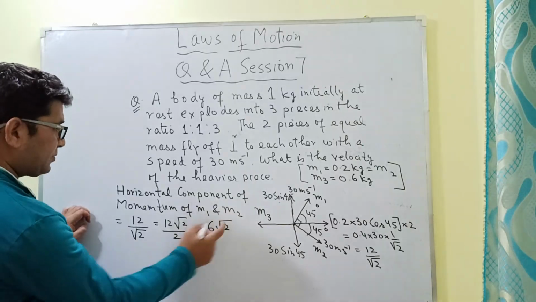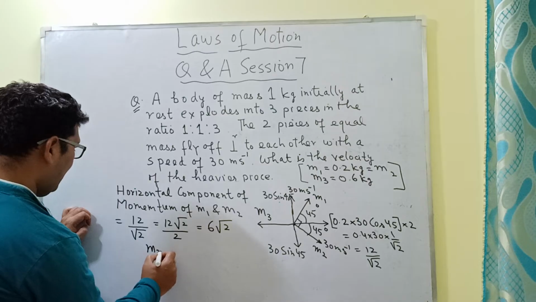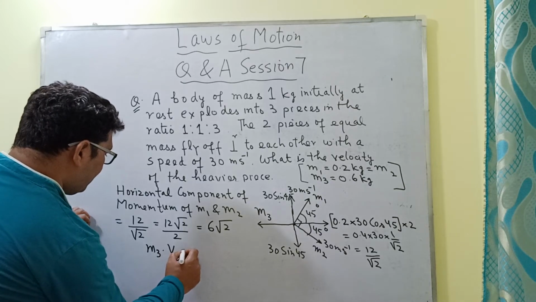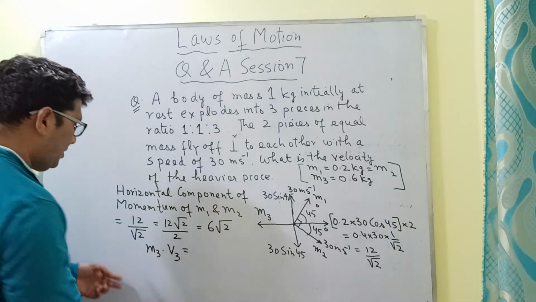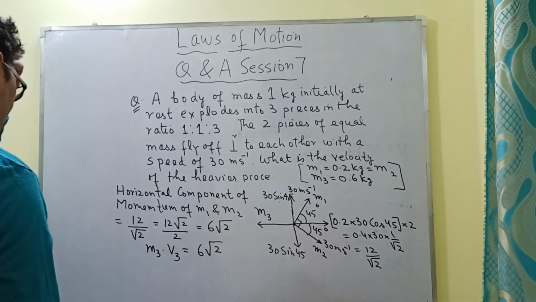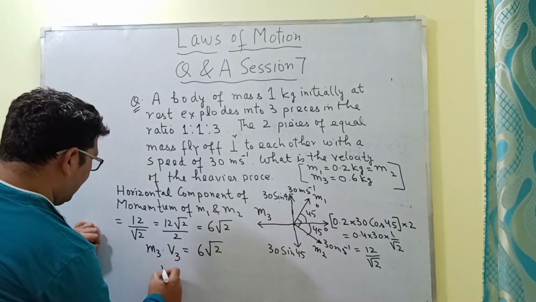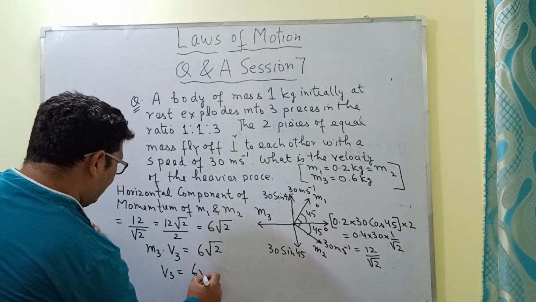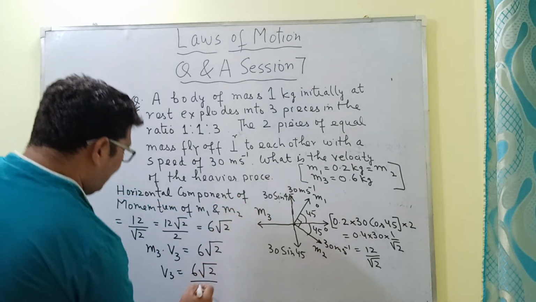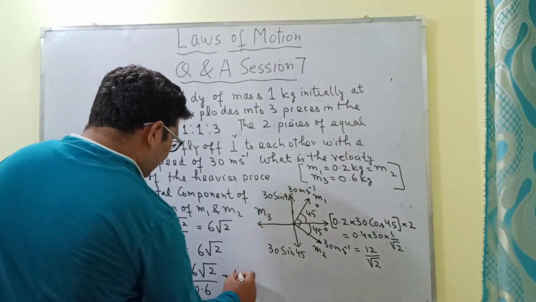सो ये हम लिख सकते हैं, इसका जो मोमेंटम कितना हो जाएगा, m3 और इसकी जो वेलोसिटी है, I am just taking it as v3. So this is the momentum of this mass and this will be equal to 6√2. ठीक है, now v3 कितना हो जाएगा, v3 will be equal to 6√2 divided by m3, m3 का मास कितना है 0.6, so this will be equal to पॉइंट हटा देंगे जो 60 है, that will be equal to 10√2,